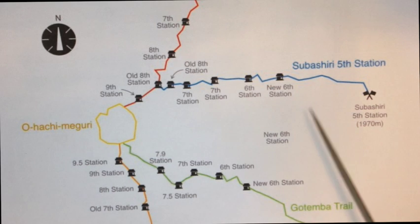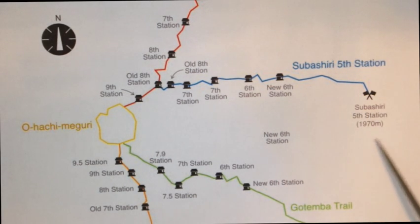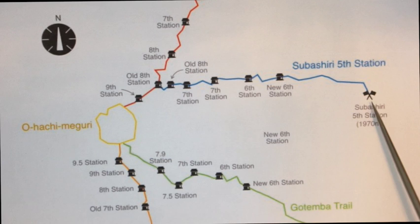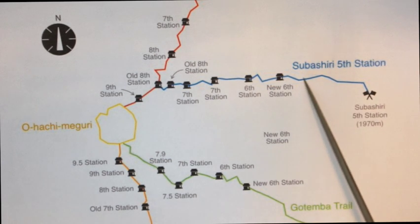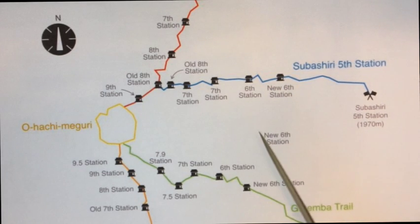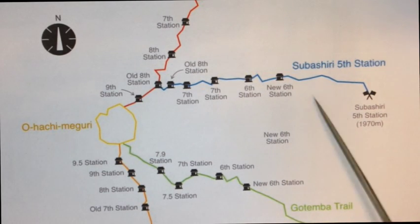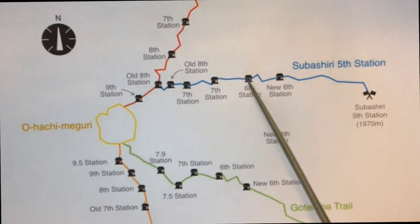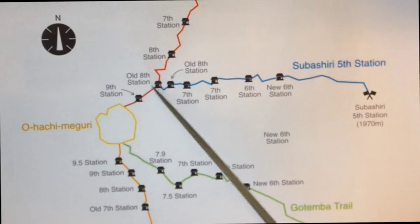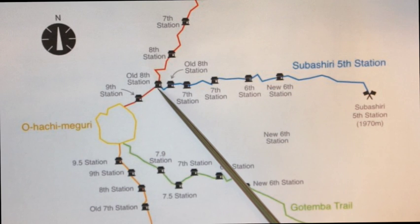So we took this one called Subashiri Trail. It starts at 1970, and this portion here is heavily forested. I thought it would be really pretty. And this is less traveled, which we like because it won't be so crowded. So anyway, we go up here and then we meet with the Yoshida Trail right around the 8th station,